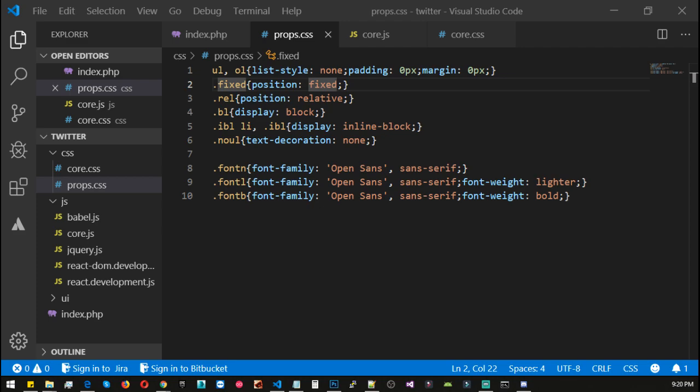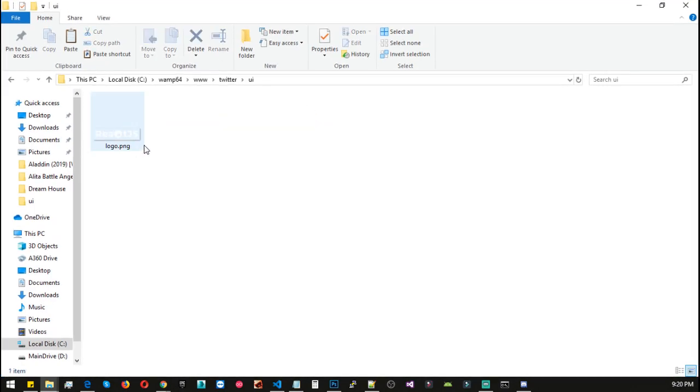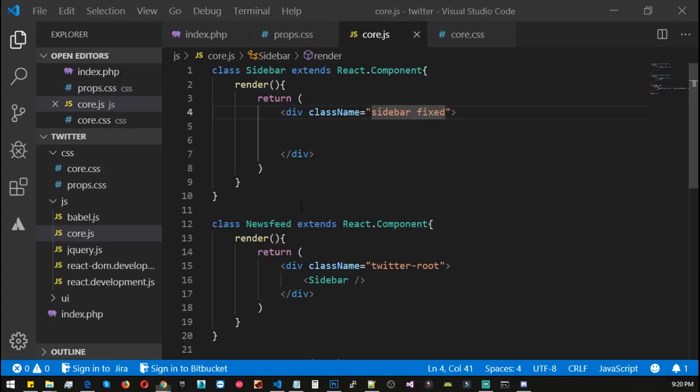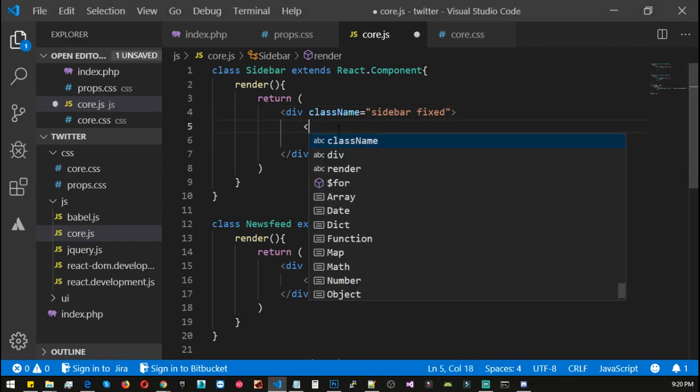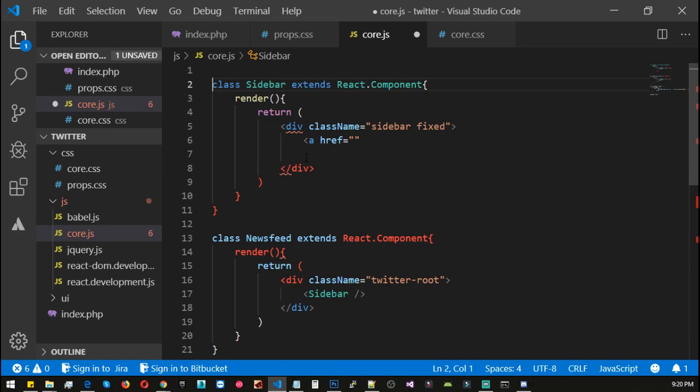Let's copy and paste inside UI, paste, and I guess I should remove this, and let's call it Twitter dash logo. Go back to core, and inside the core we should add a href, and let's use the base, and the base should be,